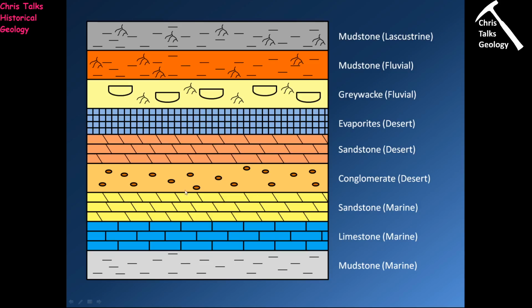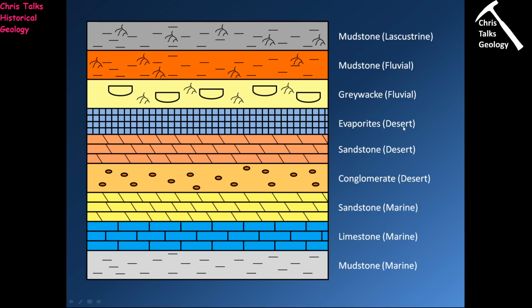So here's our sequence of rocks that we're looking at. You can see here we have 9 layers. At the bottom here we have a marine mudstone, then we have a marine limestone, then we have a marine sandstone. So these have all been forming in the ocean. Then on top of that we have a conglomerate which is of desert origin. We have a sandstone which is formed in the desert, and we have a layer of evaporites which have also